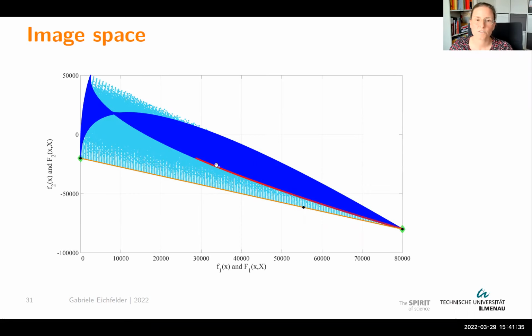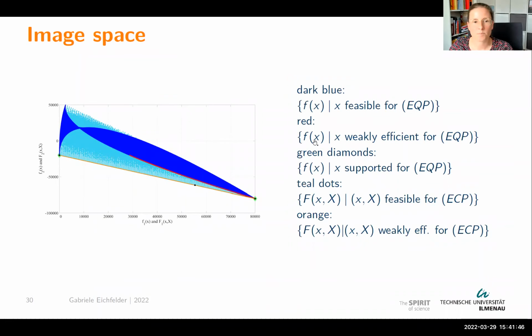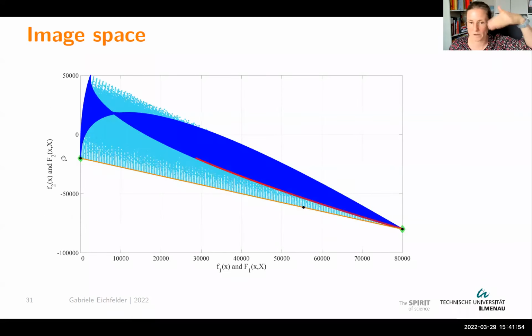And this point here, recall, for instance, is weakly efficient because you cannot find another attainable value which improves both function values at the same time. And now the green diamonds, this point and this point here, are again the images of supported solutions. So when we apply a weighted sum approach here, we minimize the linear functional in the image space. And no matter how we choose the steepness from the dark blue set, we will only be able to find this green diamond and that green diamond, because all the other points here, the red points, are inside the convex hull of the image set, of the dark blue set.